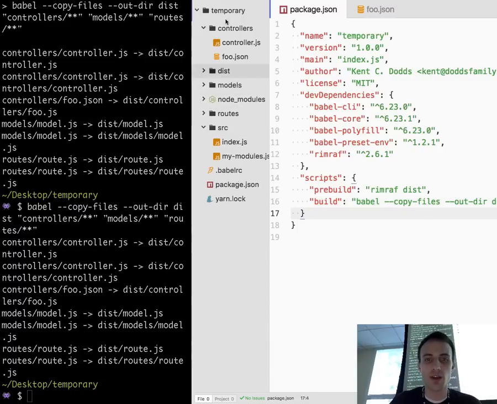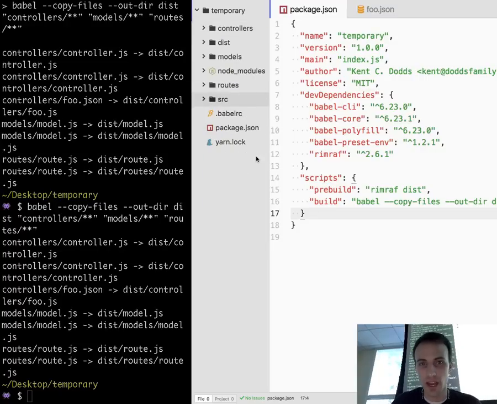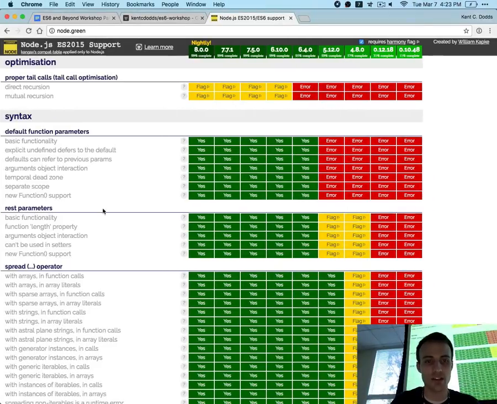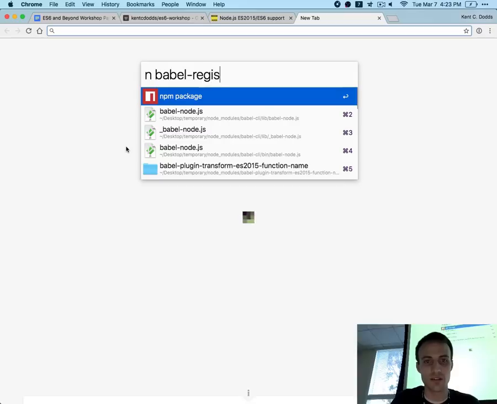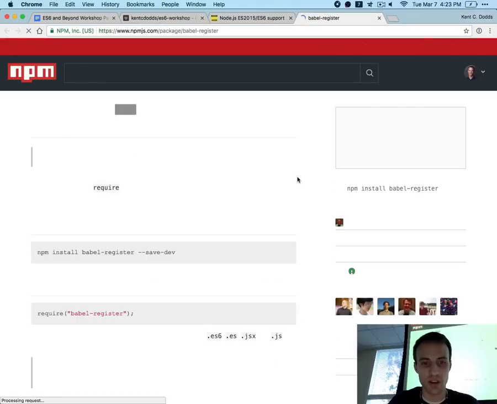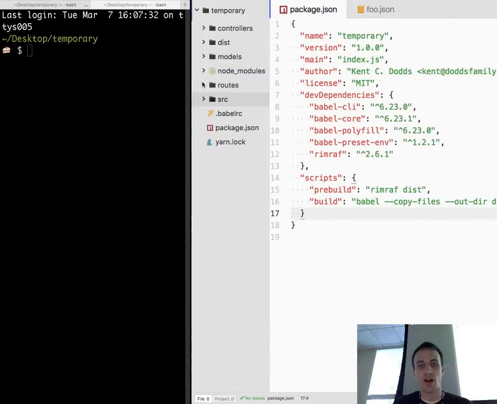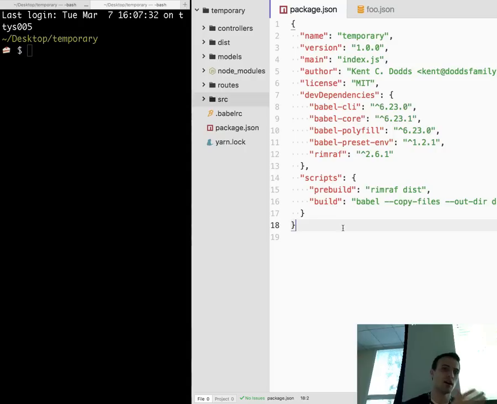So what I would advise for development time is to use this thing called Babel register. And that has changed its location a couple times, so let me find Babel register really quick. Yeah, okay. If you want to start developing but add Babel into the mix, then you can't run just your source code anymore. You have to run Babel first, and that's not very much fun. And so there's this thing called Babel register, which will allow you to transpile all the code on the fly